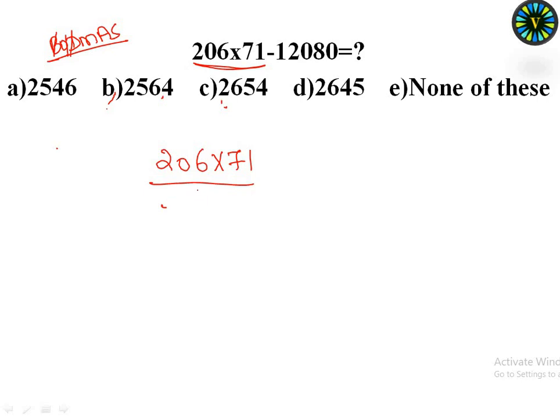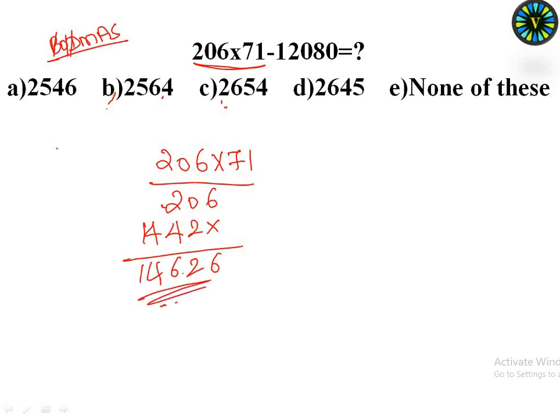Let's solve 206 with 71. It's very important. In the traditional method, it could be solved this way: 7 sixes are 42, 4 will be the carry. 7 zeros is 0 plus 4 is 4. 7 twos are 14. This is the traditional one, and you can use it, or in later classes we will learn tricks also. Since this is a very basic session, I am moving on with the traditional method. So the product of 206 and 71 is